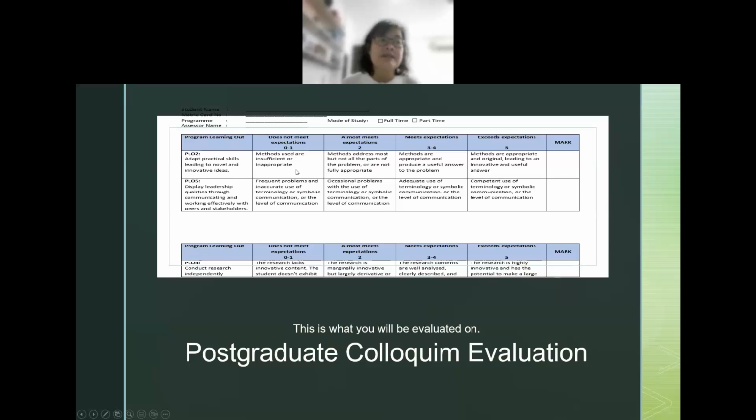meets the standard, whether it's a master's thesis or a PhD thesis, and whether your methodology is sufficient or not. Either that, or other things, like whether you have problems with terminology when you are presenting. There's so much more, but I can't put the whole form here. You will know of it later. You can ask for a copy to see from your postgraduate supervisor.